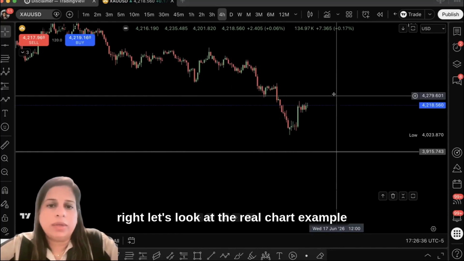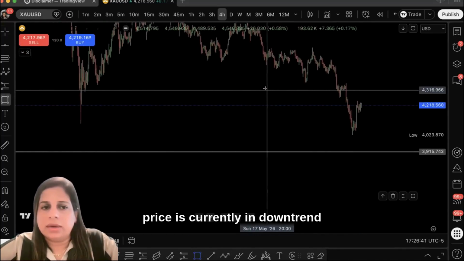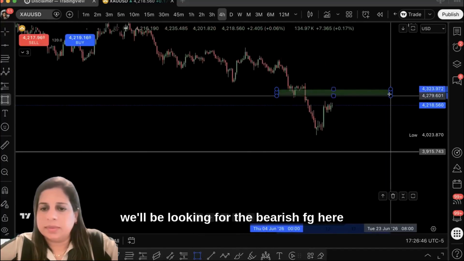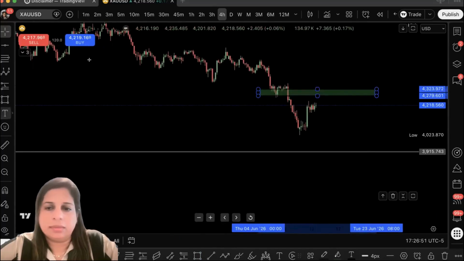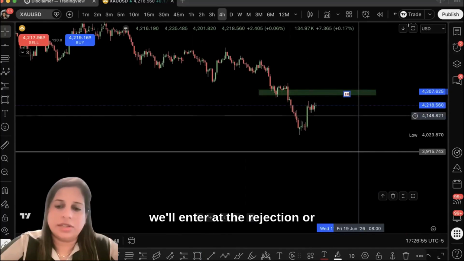All right, let's look at the real chart example. Price is currently in downtrend. We'll be looking for the bearish FVG. Here we spotted one bearish FVG. We'll enter at the rejection